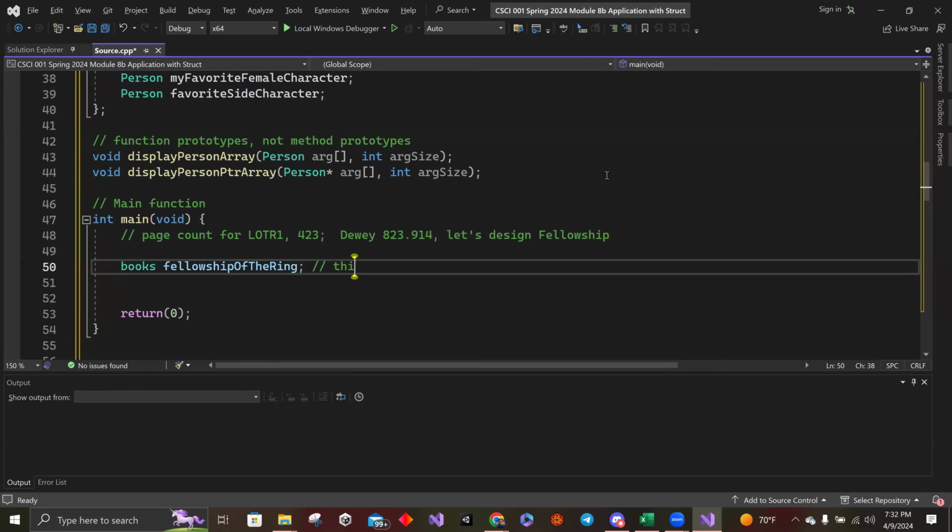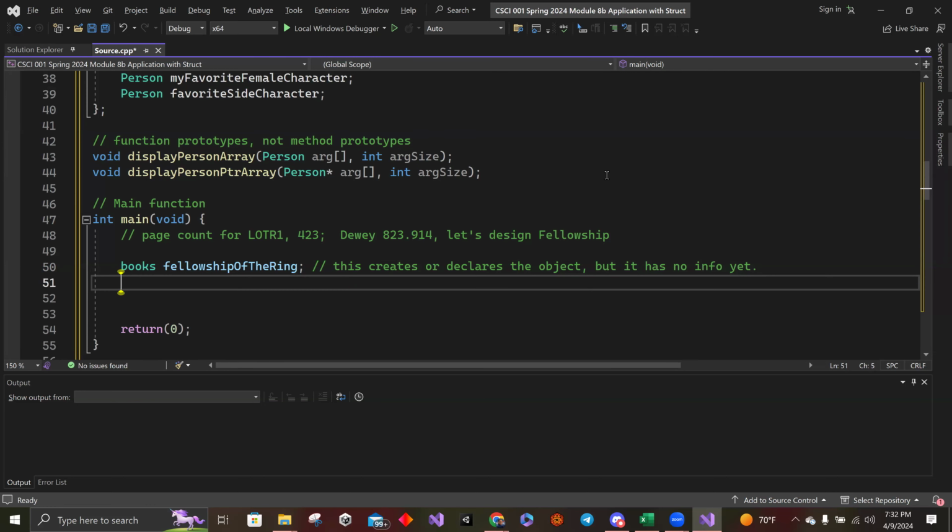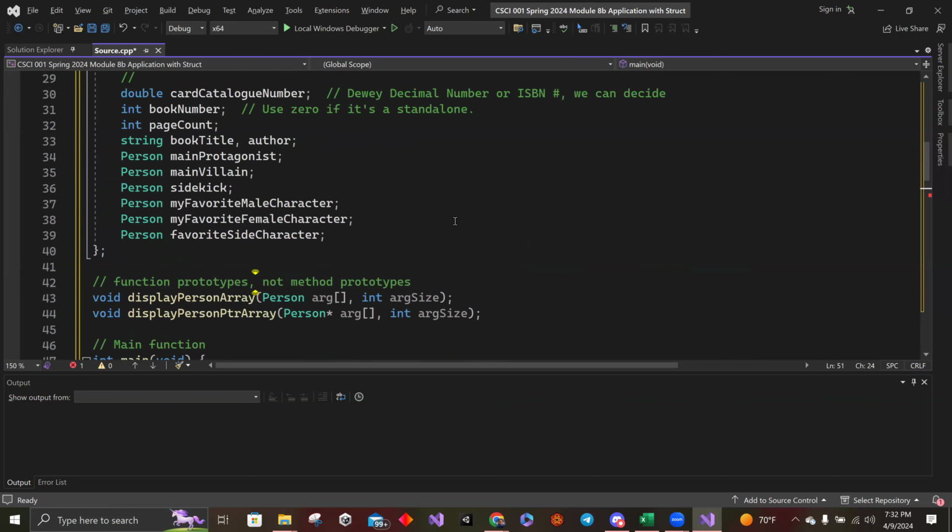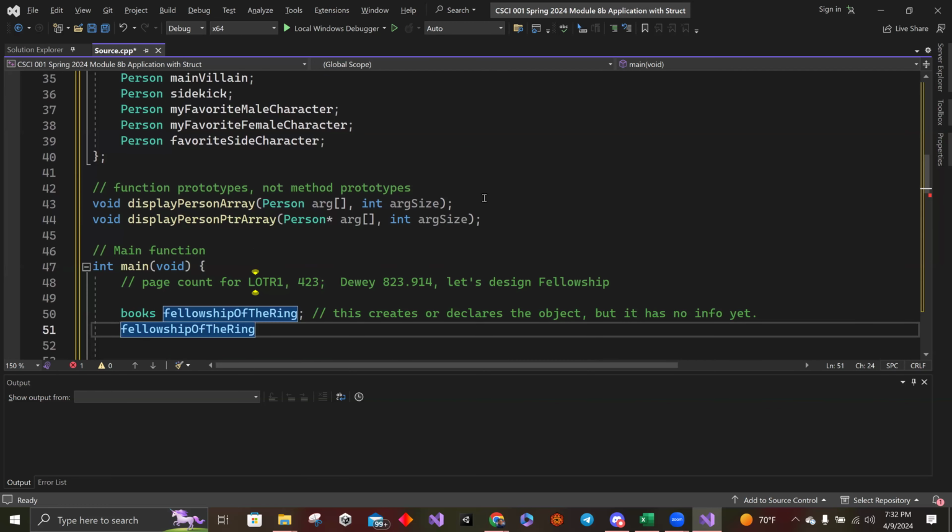So this creates or declares the object, but it has no info yet. I love the IDE. You just type a couple letters and tab to get the rest of the name. So we have a bunch of stuff up there we should include. Fellowship,